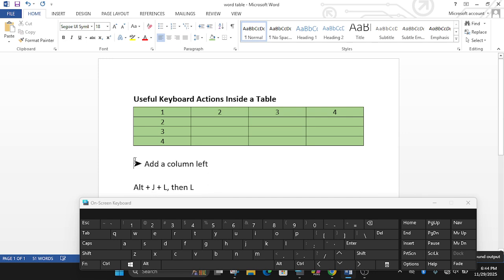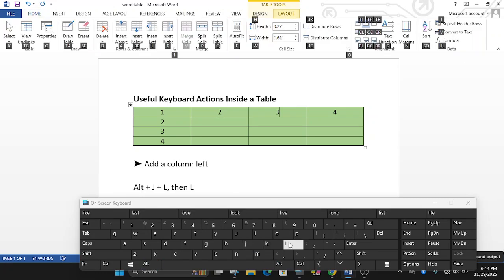The next feature adds a column to the left. For instance, I want to add an additional column to the left of column 3. First, to add a column left, Alt plus J plus L. Alt J L. It selects the menu.